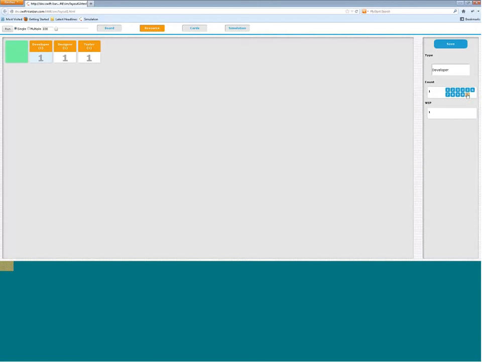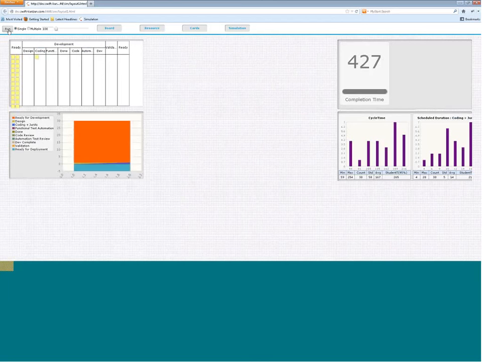So I now come down to the resource side, to the developer resource, and say that okay, let me add 4 resources to the team and do the same run, and I'm able to bring down the cycle time significantly to 420 time units.